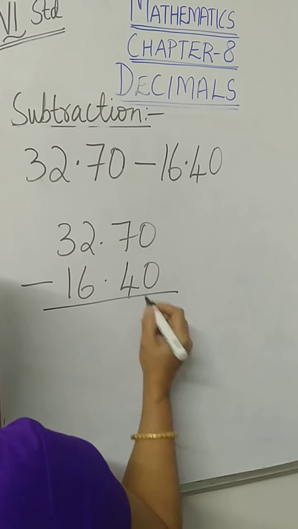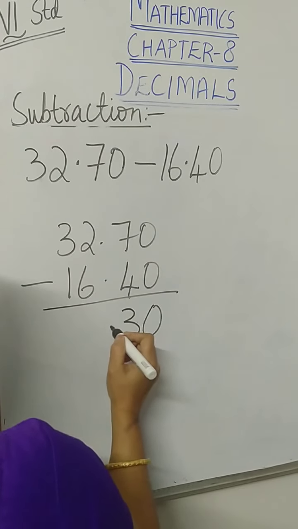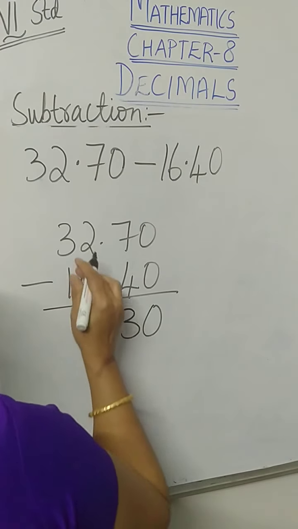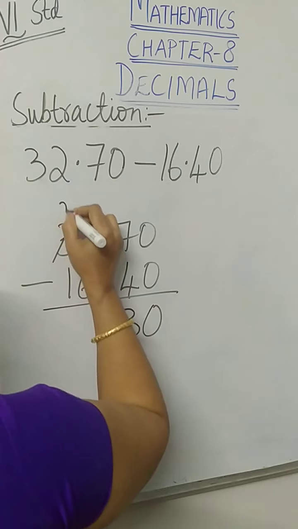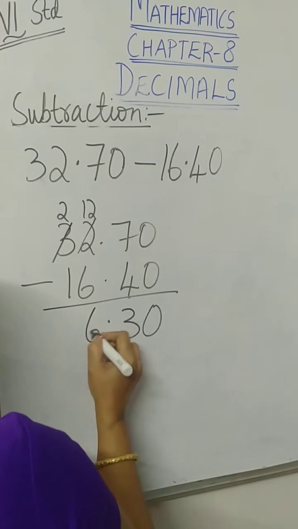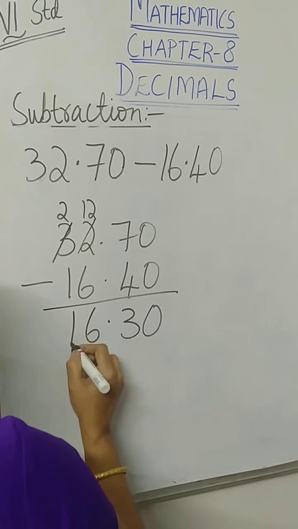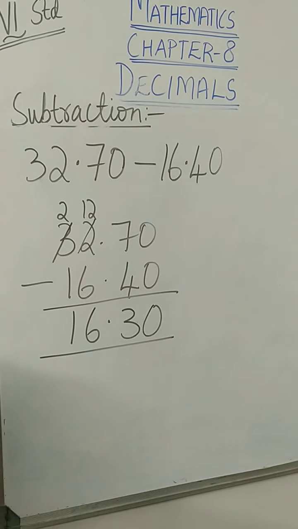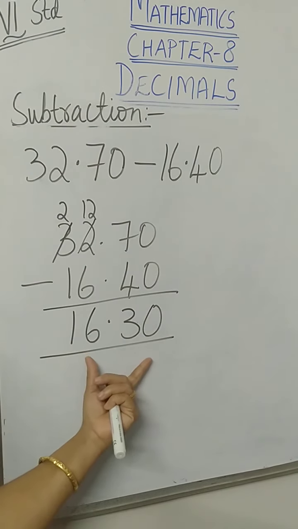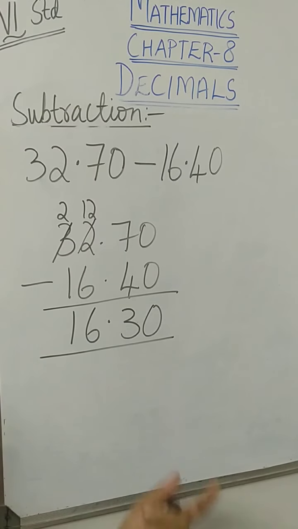0 minus 0 is 0. 7 minus 4 is 3. Let us borrow now here. From 3, let us borrow, it will become 2 here. This will become 12 here. 12 minus 6 is 6. 2 minus 1 is 1. So, the difference between 32.70 and 16.40 is 16.30. Yes? Hope it is clear, children. This is the way we subtract. Okay? Now,